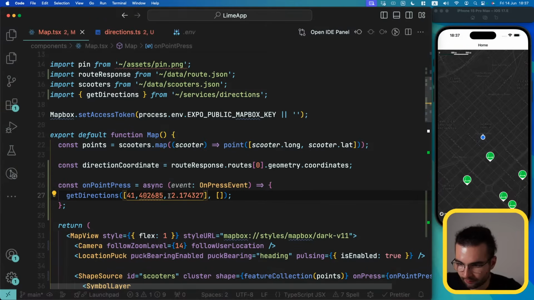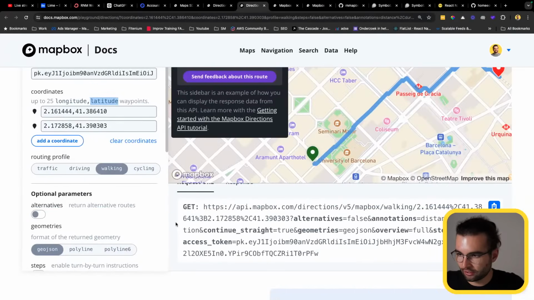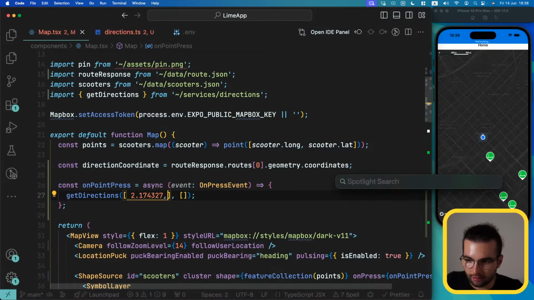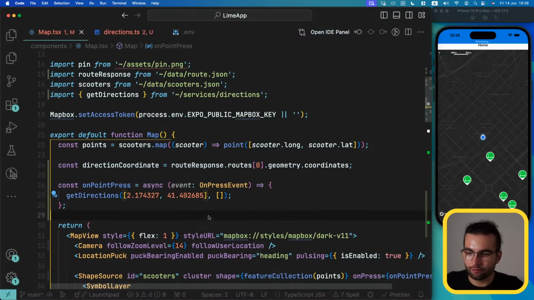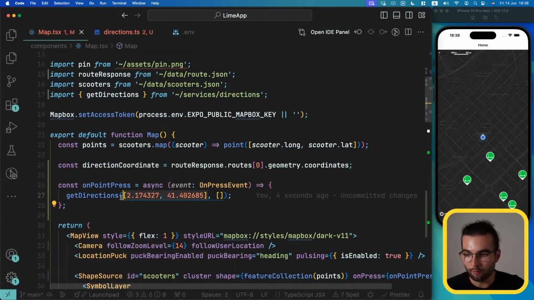And it should be dot. Dot. Why do I have such a short-term memory? It should be 2 and then 41. This is the location of my user here on the simulator, which is the from, and the 2,